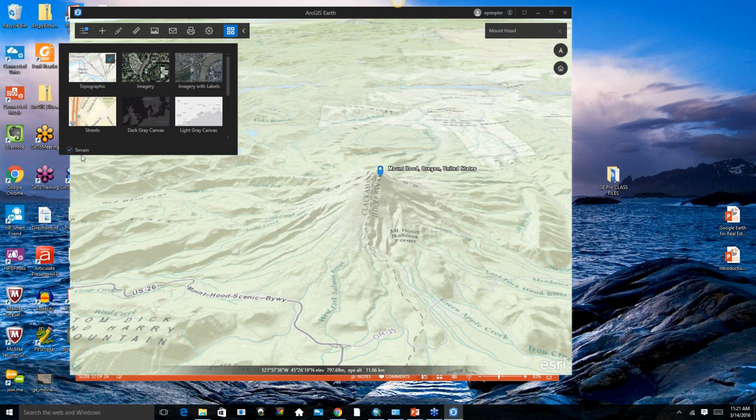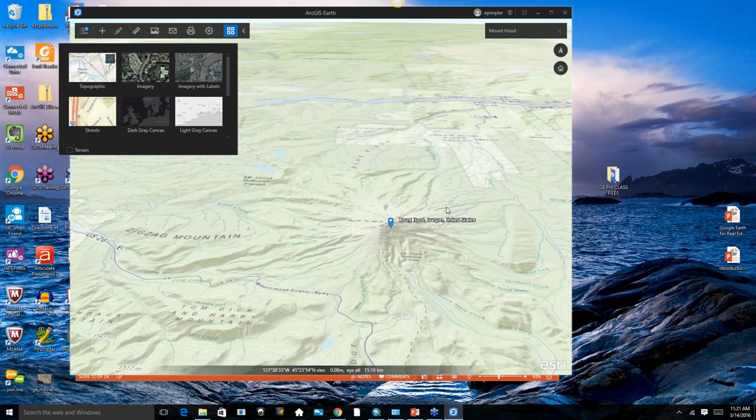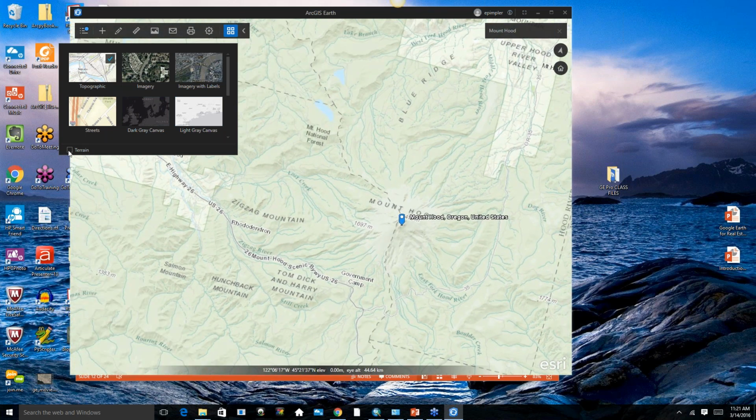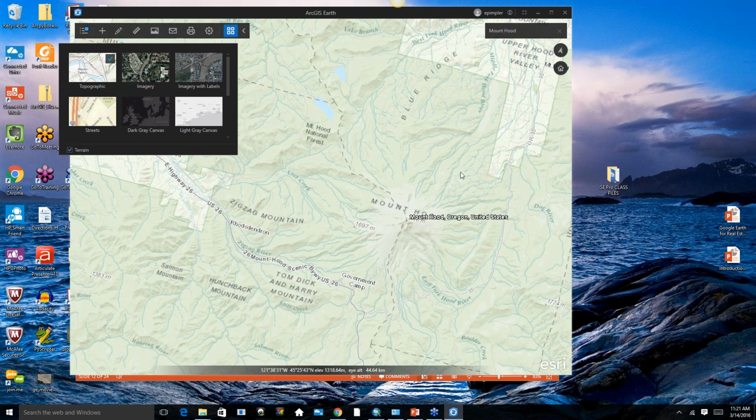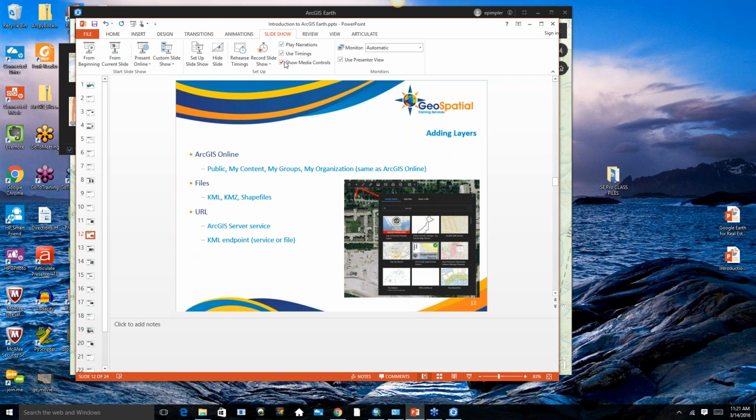Now, if you don't want to see something in 3D, you can just turn that off. If you turn off the terrain layer, at this point, I'm visualizing the data in more of a two-dimensional display. All right, if I turn it back on, then it adds the third dimension there. Okay. All right, so in terms of adding layers,